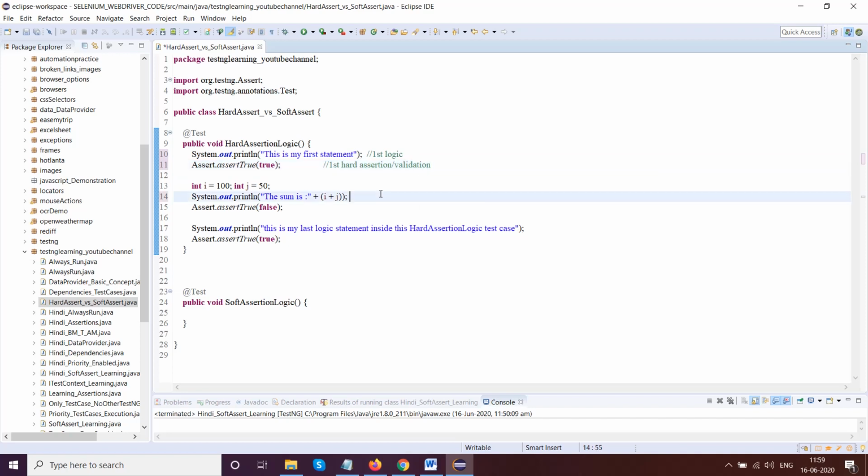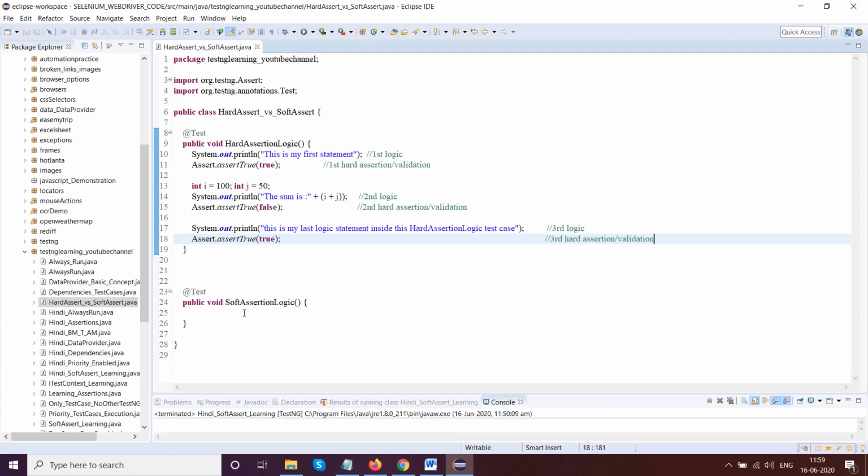This is my second hard assertion or validation. And this is my third logic within the same test case, and again my third hard assertion slash validation.